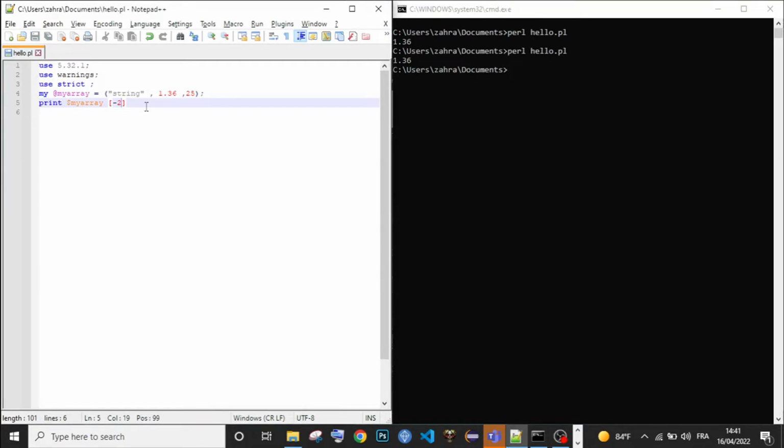In order to display a multitude of elements of a single array, I could use a for loop, or I could manipulate the indexes by writing the first index I want to start with, two dots, and the last index I want to stop at, and this one will print these two.